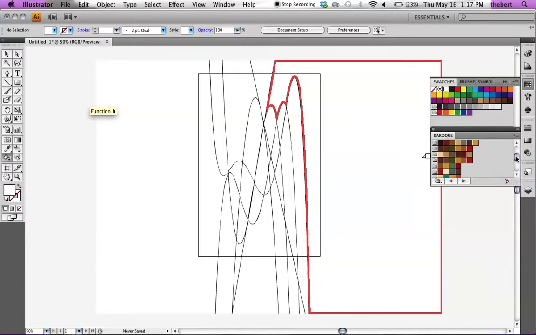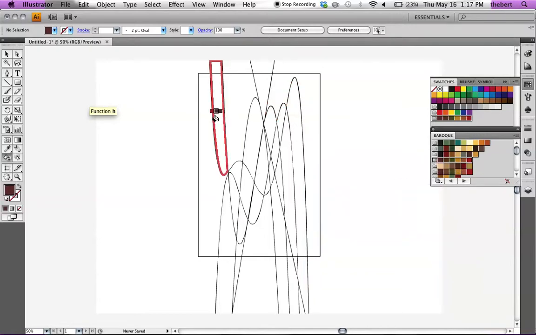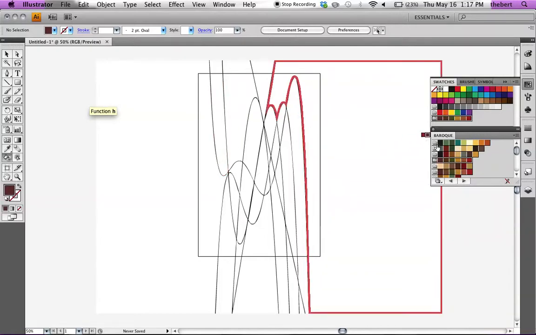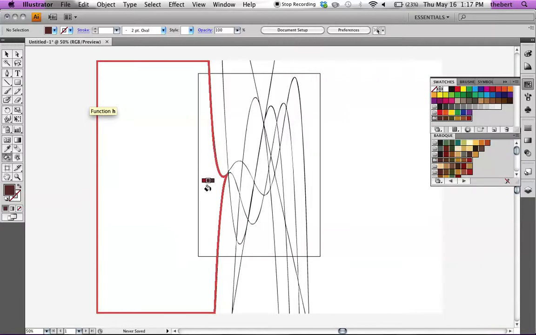So I think I'm going to choose one of the bigger ones like this. And then I'll just set to painting. Let's see. I think I'm going to choose this really dark one for my side,